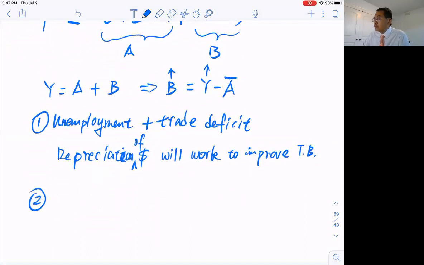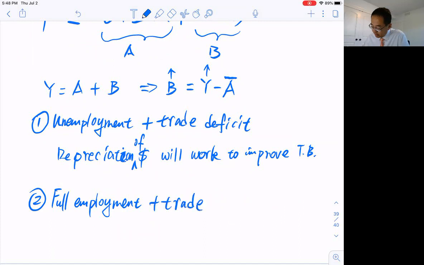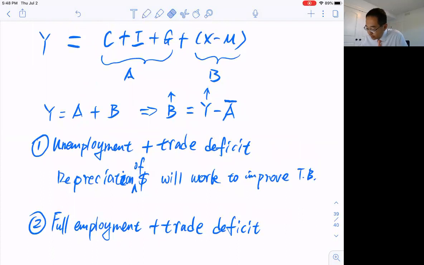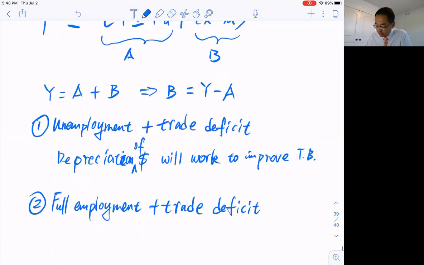Now, if we actually have full employment, full employment doesn't mean zero unemployment. It just means zero cyclical unemployment. And again, this is something from Econ 151. I hope you can recall. If we have full employment and we have a trade deficit we want to improve, then when we depreciate the dollar, when that happens,